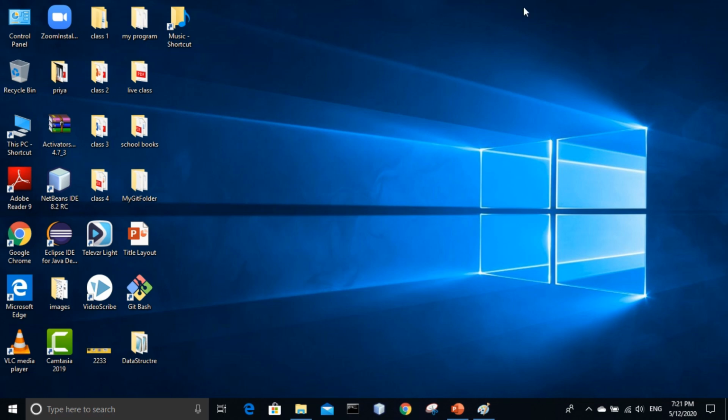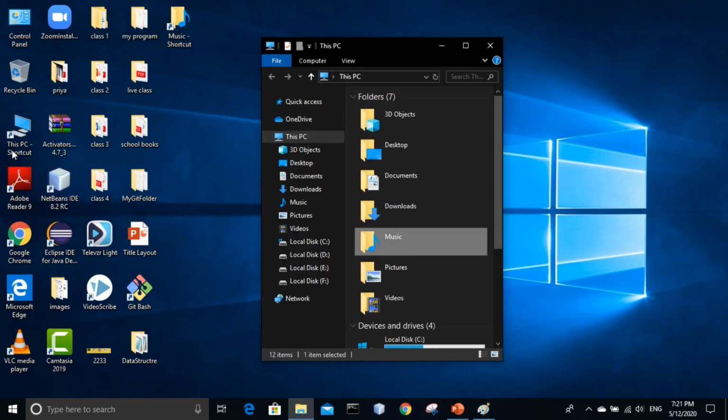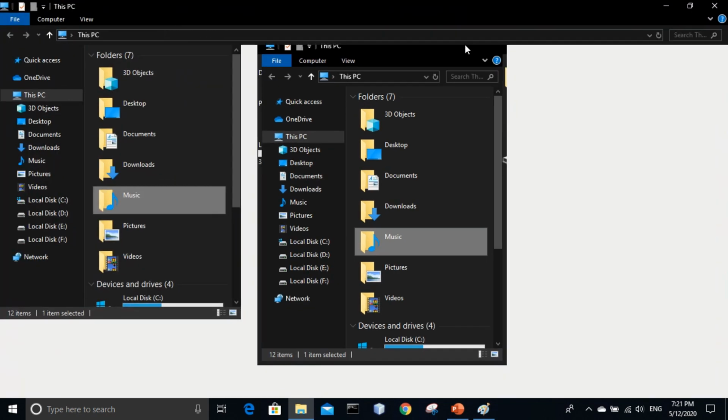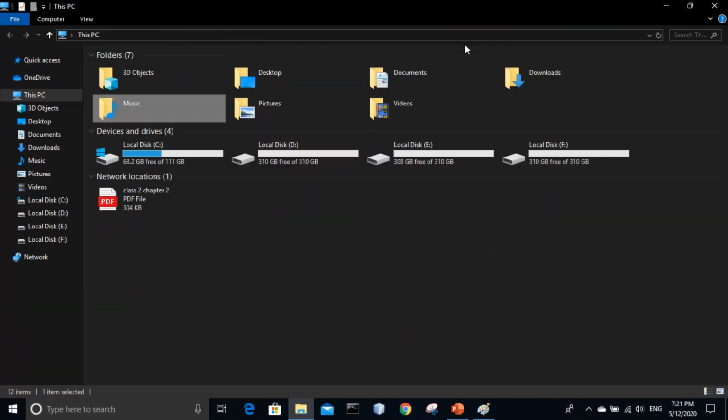So again I am showing you another example of a shortcut. Just remember these steps. First off, go to the actual location of the folder or file for creating a shortcut. This time I am creating a shortcut of Download.